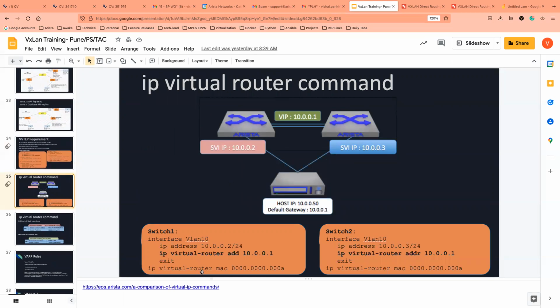So yeah, as we discussed, right, we have a virtual router command, IP virtual router, basically VARP, right? So this is how we will configure VARP, right? A physical IP address, which is two different physical IP addresses on both the VTAPs, right? And then a virtual IP address, which is the same across all the VTAPs, and a virtual MAC, which is the same. Okay. Now,